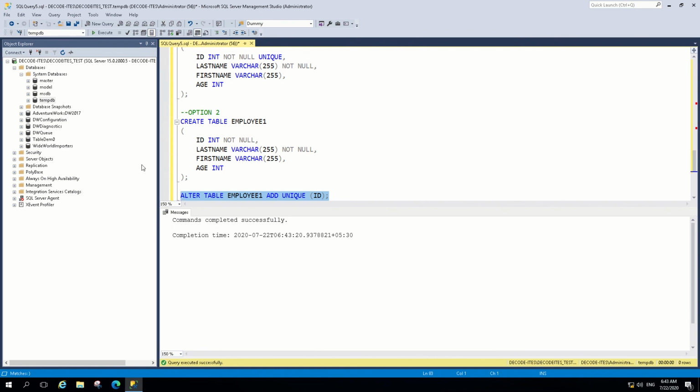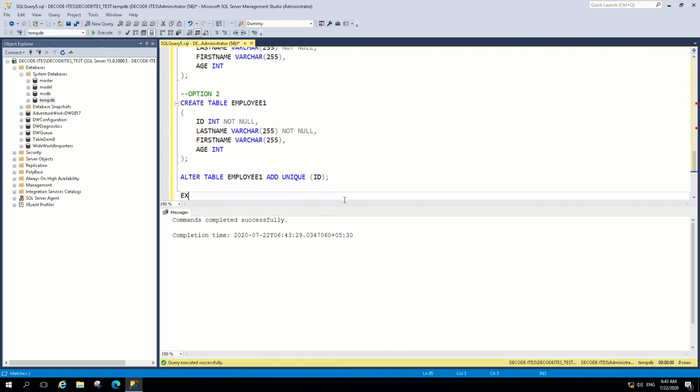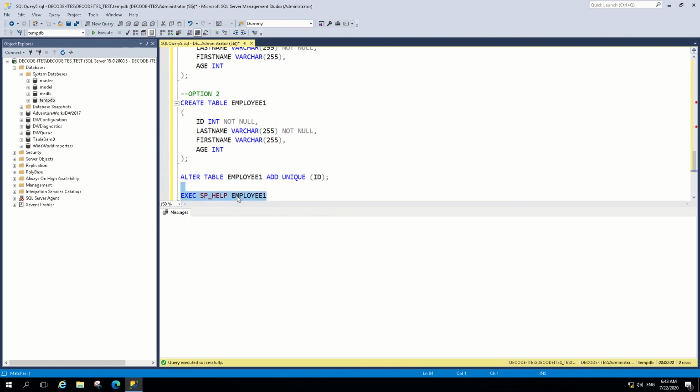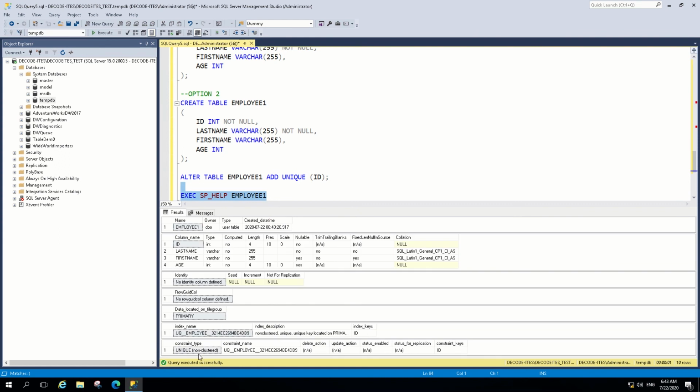When you execute it, it will say command completed successfully and add a unique constraint against this table. So let's run help for this table, and we can see the unique constraint is there over the id column, and it creates a non-clustered index as mentioned in the PPT.